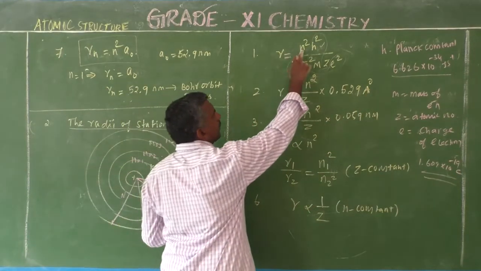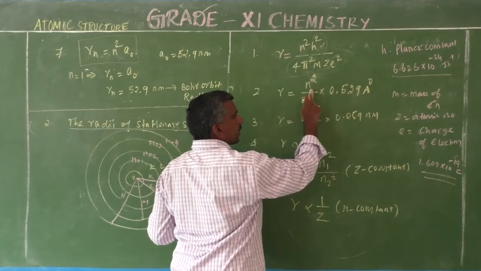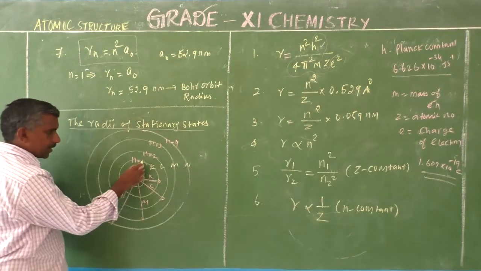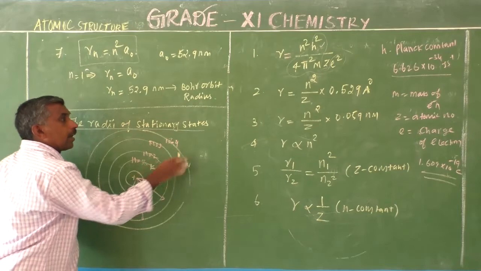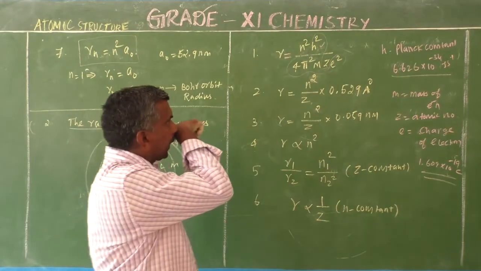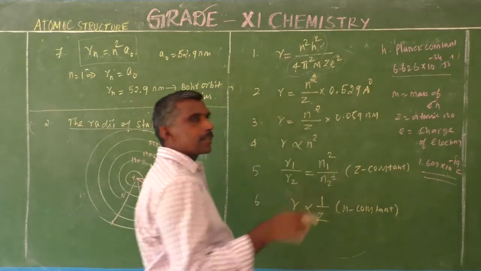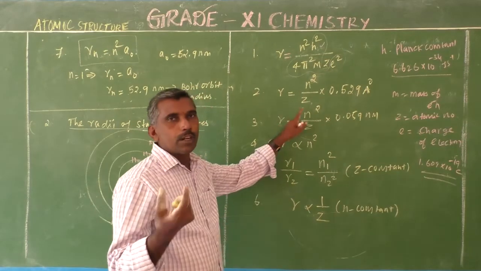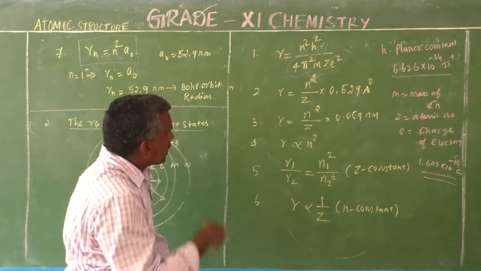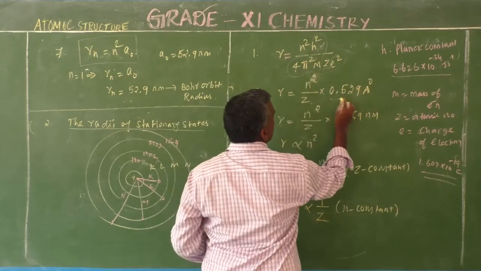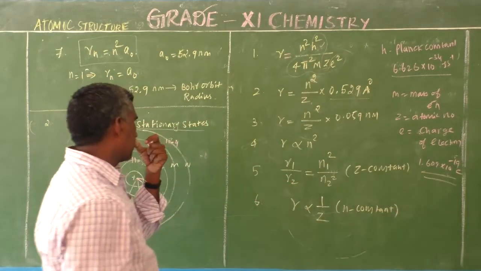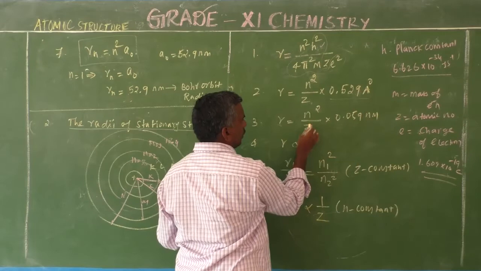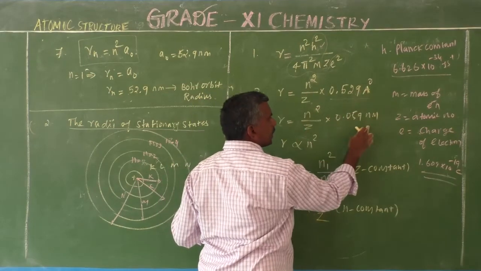Now here the variables change. Which changes? Maybe n. Z is not a constant either. Suppose n: the electron may be in the first shell, or second shell, fourth shell, or fifth shell. Variation takes place here. And Z, the atomic number, also changes: hydrogen 1, helium 2, lithium 3, beryllium 4, boron 5, and so on. So this value, 0.529 Angstrom, is substituted. Next the third formula: R is equal to n squared by Z into the same Angstrom, converted into nanometer.